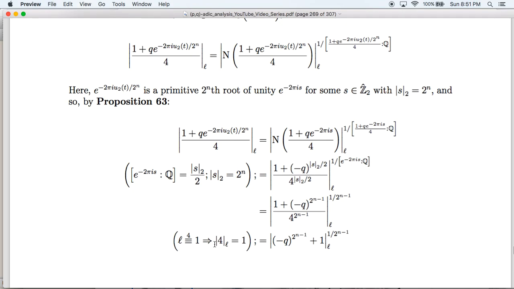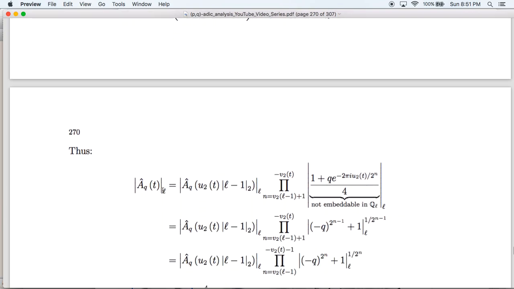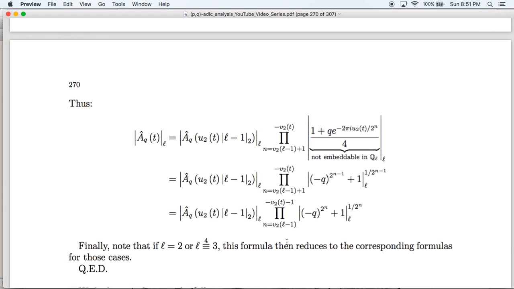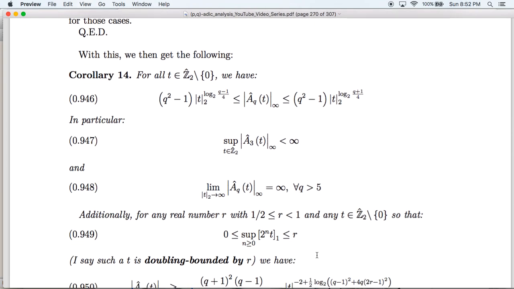And here, since L is congruent to 1 mod 4, that means that L is an odd prime, so 4 has to have an L-adic absolute value of 1. And so, with our computation, we get this is equal to that is equal to that, and that is equal to that, which is precisely the formula we started with. And note that if L is equal to 2, or if L is equal to 3 mod 4, this formula reduces to the corresponding cases that we proved at the start. So with that, we can now